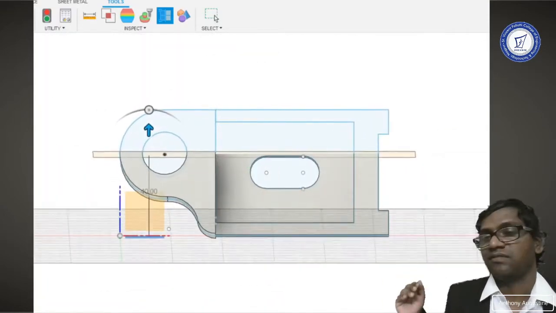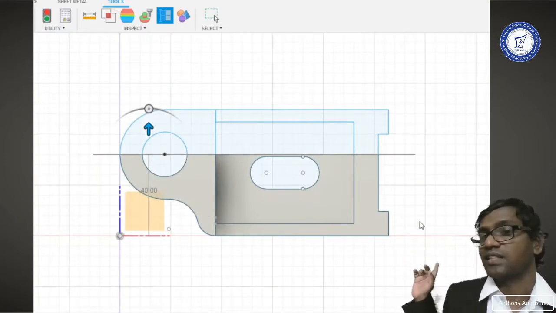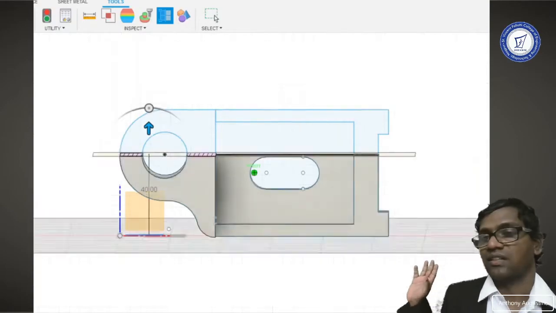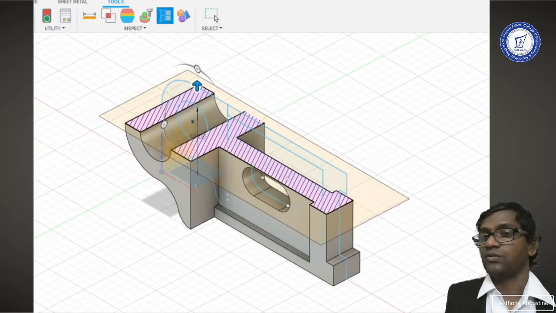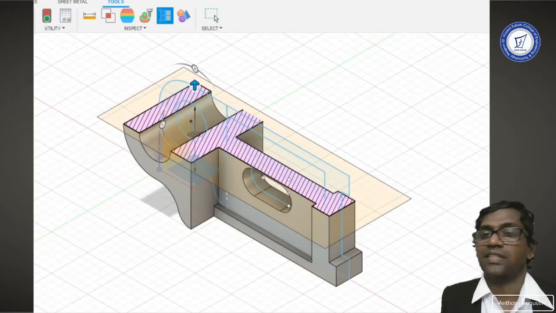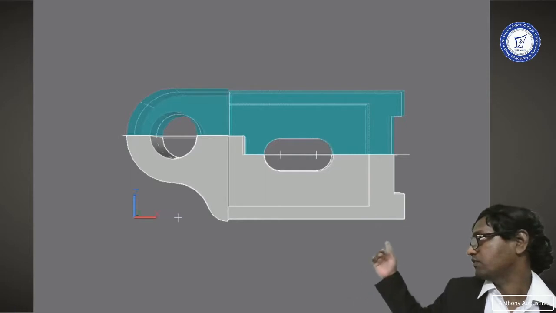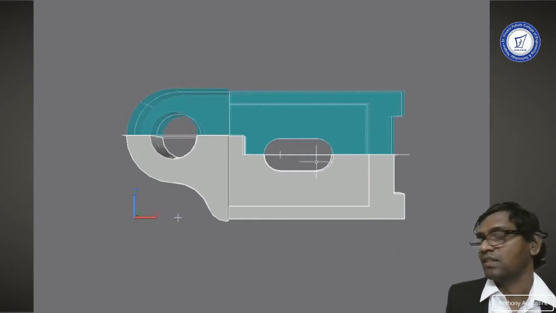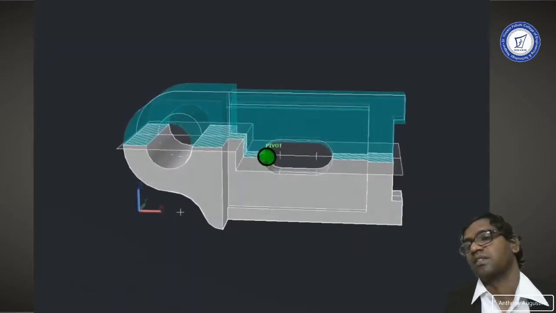So this is the second plane which I have used. Now the hole is properly being cut. However, the tablet shape hole is not being cut. So the details of the tablet shape hole are not revealed. So we need to use both the cutting planes and we need to join them by some offset plane. So here you can see in the front view the offsetting being done between both the planes. Both the centers are being utilized for cutting. However, a vertical plane is used in between to join both the cut planes.